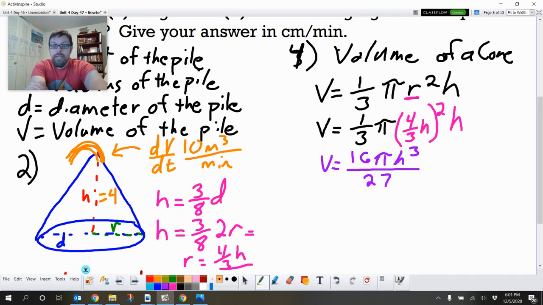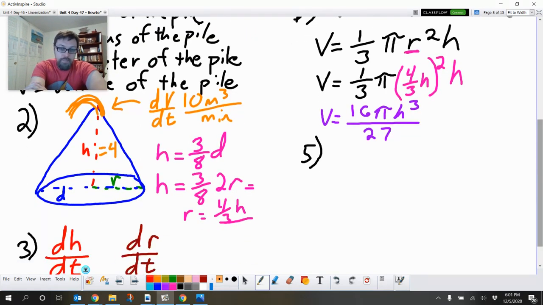Now we are ready to implicitly differentiate this bad boy. So that is step 5. Notice again, I did not bring in that height of 4. I don't want to do that yet. I did not bring in that dV over dt. I want to be bringing in all those numbers at the same time. So I want to take the derivative of V with respect to time. So that makes dV over dt